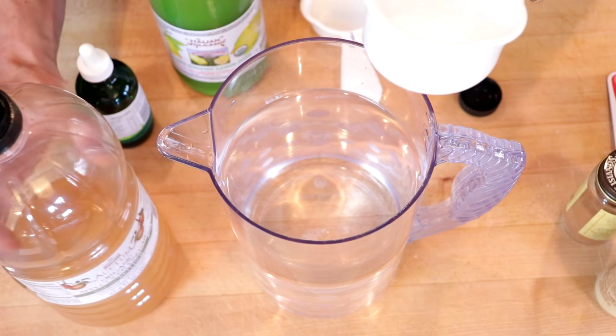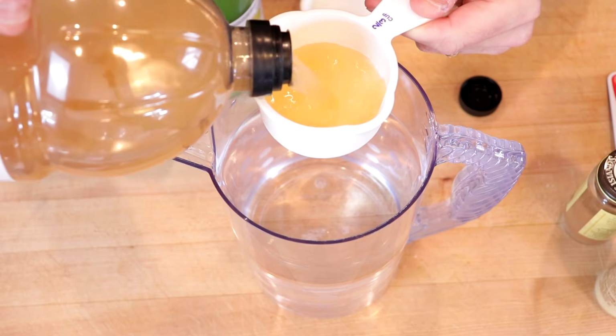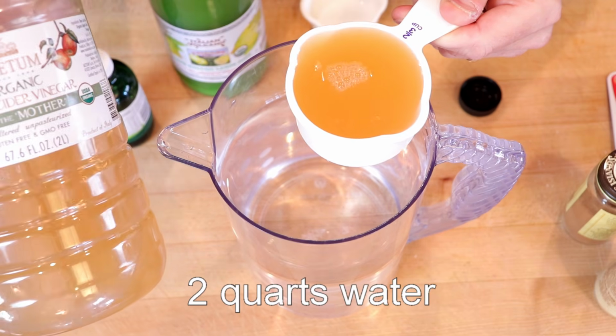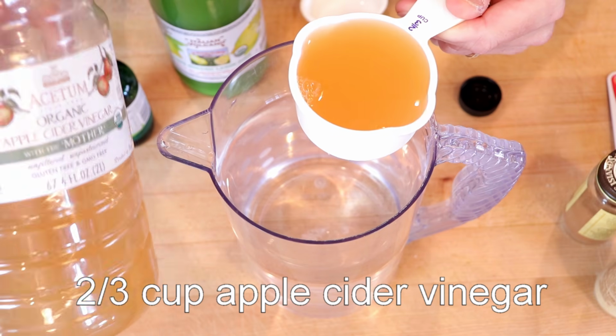The recipe is largely the same as the one by Dr. Nick Zarowski, and I'll put the link to that down below. Now, I've scaled up Dr. Nick's recipe so that I don't have to make it individually each time. So we've got about 2 quarts of water, then 2/3 of a cup of apple cider vinegar, organic with the mother,